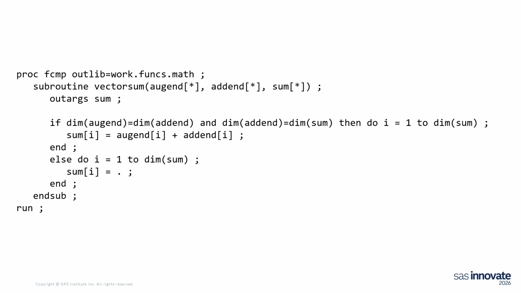But back to this, the vector sum. We've got the augend and the addend, the two vectors that we're adding together, and then the sum vector, the result. We want to make sure that the dimensions are all the same, so we check that first. If the dimensions are not the same, then the sum is going to be set to missing, because you can't add together vectors of different dimensions and get an answer. That's the way I wrote this one. If you want to write it differently, go for it. You might have different business rules you can incorporate. And that's basically the process. You just add them up, determine the sum, write it out to your new vector, and you're done.